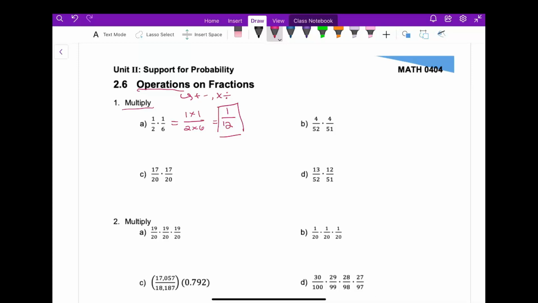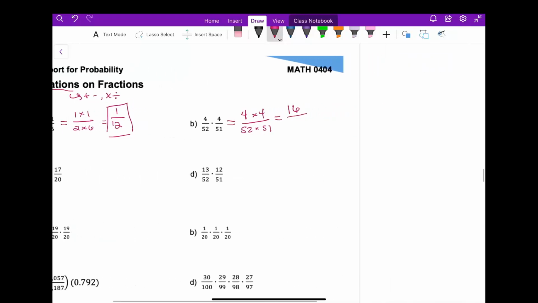4 divided by 52 times 4 divided by 51. There's a couple of ways you can do this. Let's go the traditional way. Let's do 4 times 4 over 52 times 51. What's traditional about this is I keep telling you multiply numerator times numerator, denominator times denominator. If you take a look at the denominator, I cannot multiply that in my head, so it's time to bring